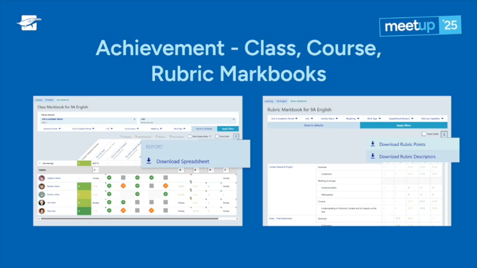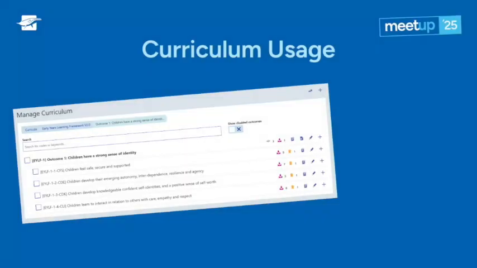A markbook that's maybe a little less talked about, depending on which state or territory or country you're from, is the rubric markbook. The rubric markbook also contains really valuable information about those capabilities and indicators that you're assessing against and the outcomes that students are achieving within those per assessment, but also overall, especially if you're trying to make final judgments on capabilities, how students have performed against those in terms of their entire coursework. That rubric markbook is really powerful. And there are CSV exports from each of those markbooks, but we'll also talk about other ways to bring that data out as well.